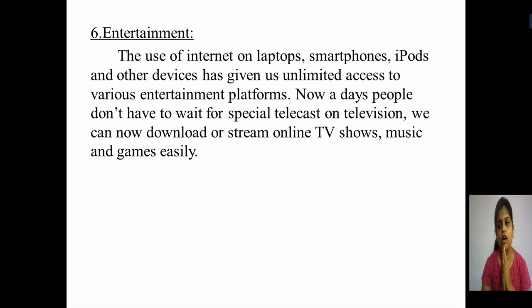Now for a particular picture to be released and telecast on television, the person doesn't need to wait for that. Directly with the help of the internet, they stream different types of programs or different movies online, without waiting for release on television. They can directly view them. So there are different types of music, games, entertainment, movies. These are the different activities which are performed in entertainment. So this is the next application, that is entertainment.